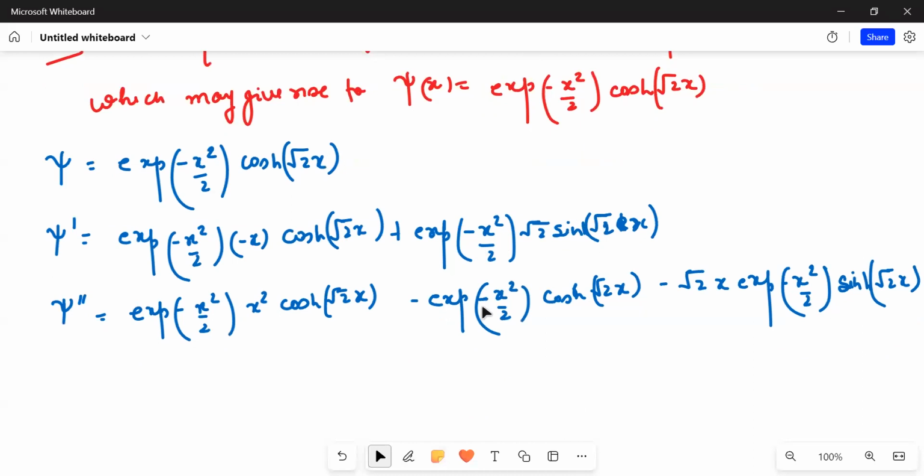Again, there would be the derivative of this, so the sine hyperbolic term. So plus